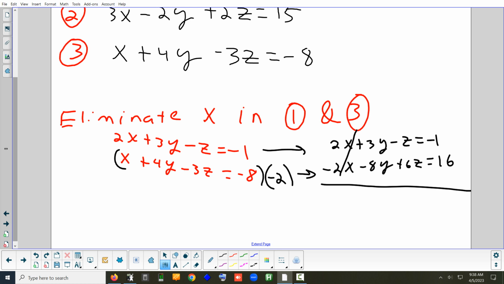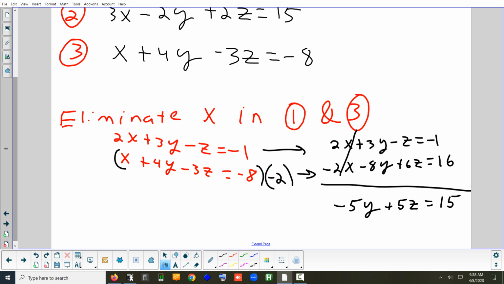Yes. -5y. What about -z plus 6z? 5z. And what about -1 plus 16? Yep, 15. Now, normally I would just stop right there and leave that as one of the equations I'm going